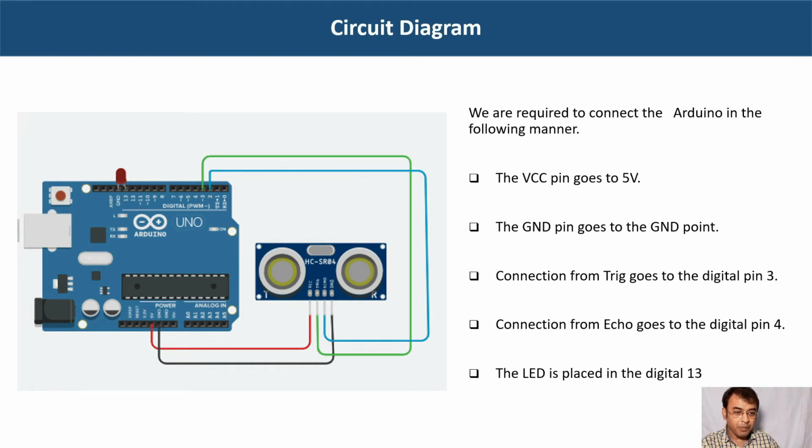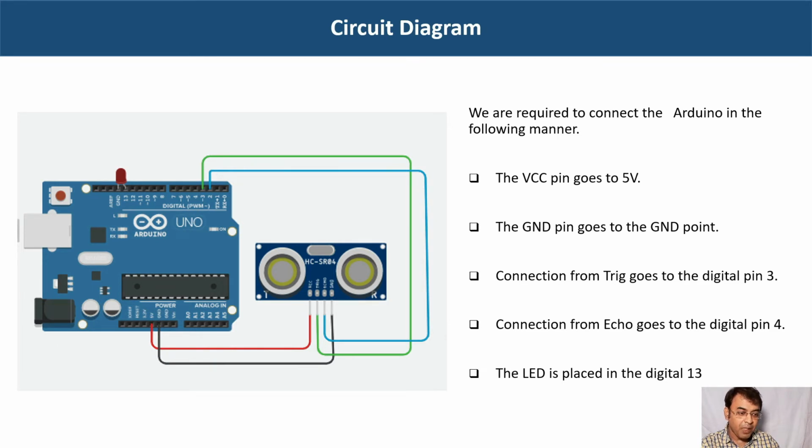This is the circuit diagram. We are required to connect the Arduino in the following manner. The VCC pin goes to 5 volt, the ground pin goes to the ground point, the connection from the trigger pin goes to digital pin 3, the connection from the echo pin goes to digital pin 4. The LED is placed in digital pin 13. I want to say one thing. When we implement it, we will connect the trigger pin to pin number 9 and the echo pin to